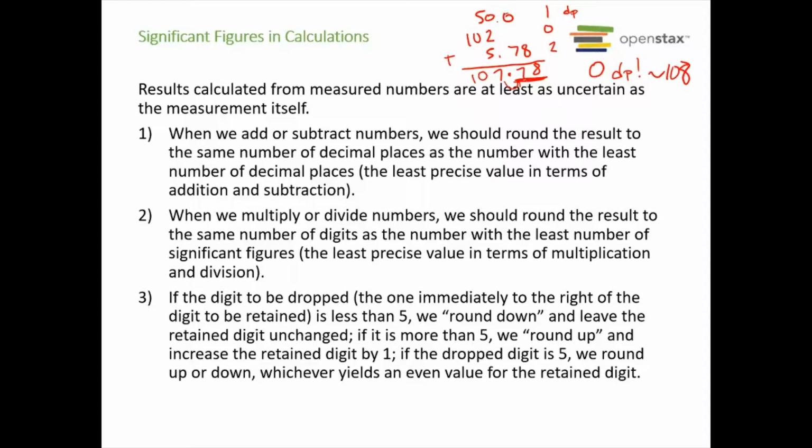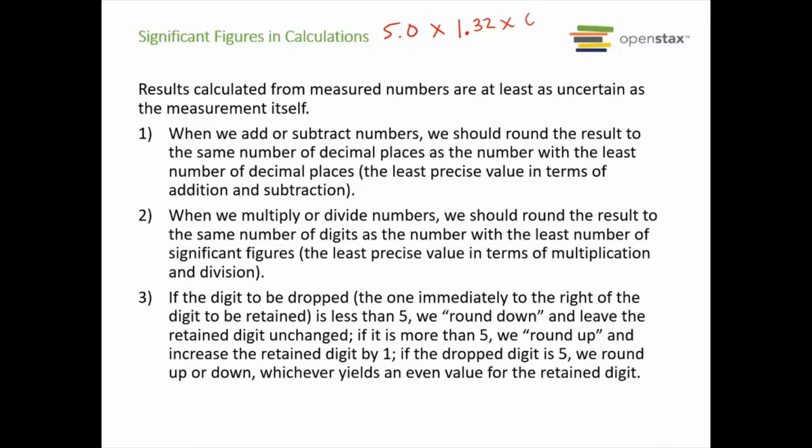Now multiplying or dividing numbers is a little different. Here the way it works is you're going to take the number with the least number of significant figures, and that is how many overall sig figs are in your final answer. So let's say we have 5.0 times 1.32